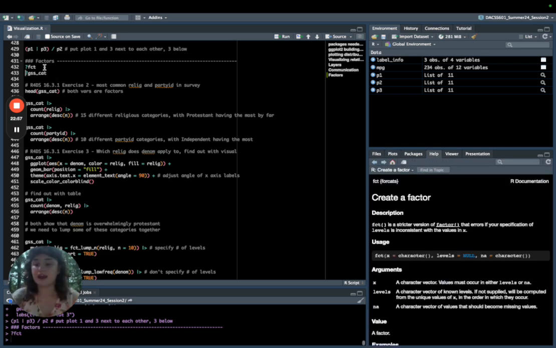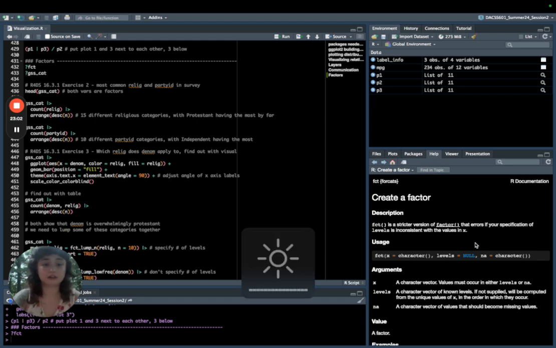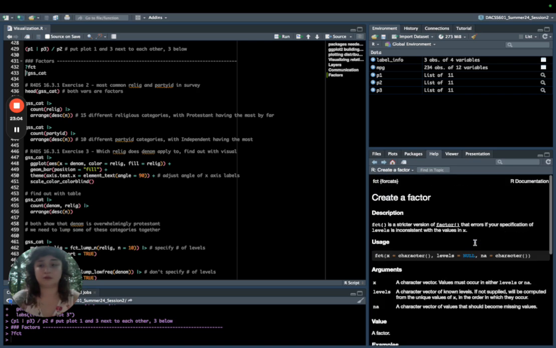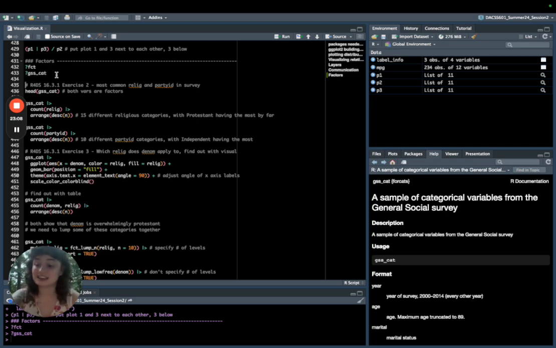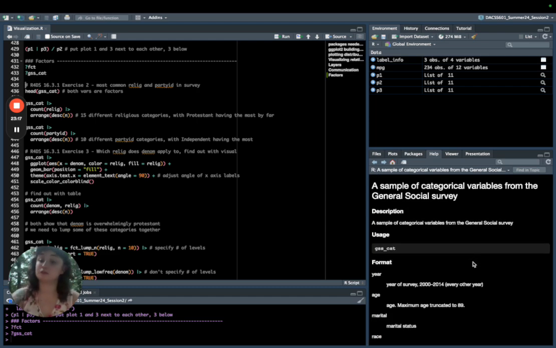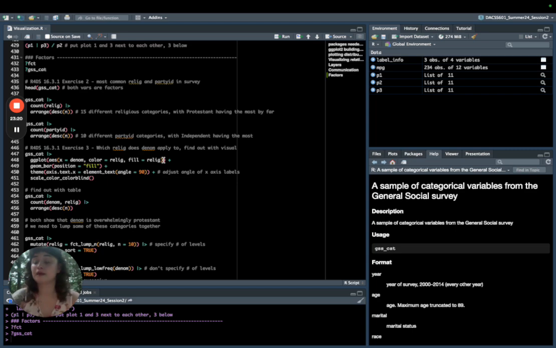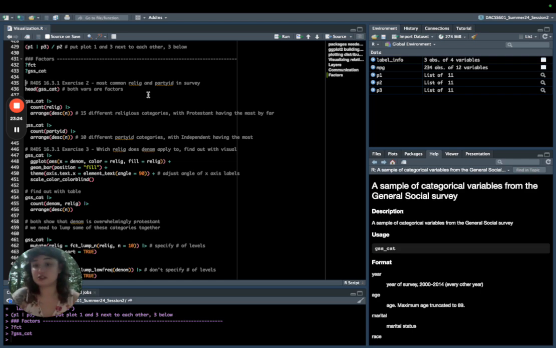So again, fct, this is a function where you can create a factor. It goes through how to use it there. If I want to look at gss_cat, that's the data set that's used in this chapter of the textbook. gss_cat is just a sample of the categorical variables from the General Social Survey, which you've used in a past challenge. Section 16.3.1, exercise 2, asks you to look at the most common religious and party ID identifiers